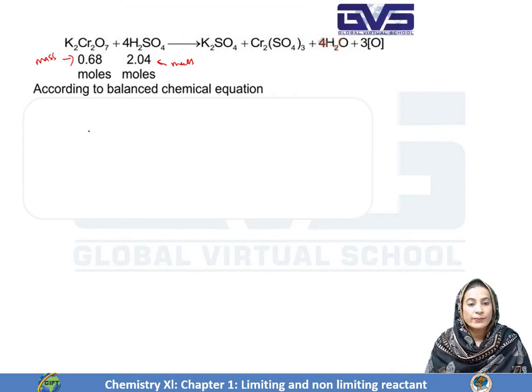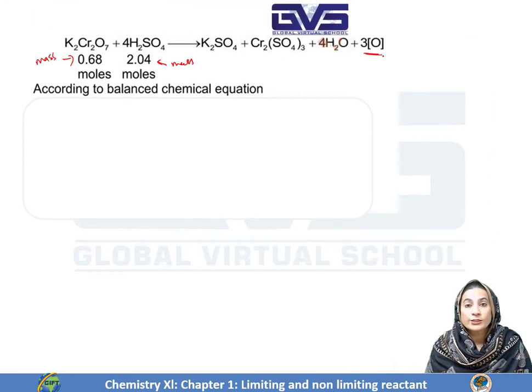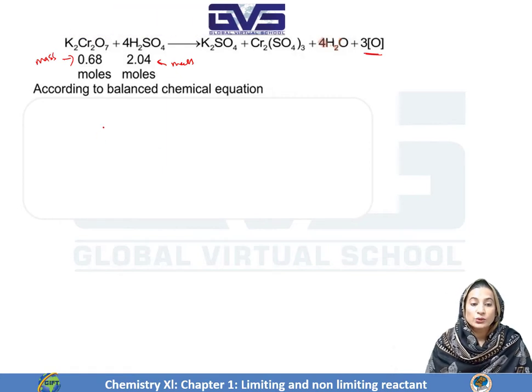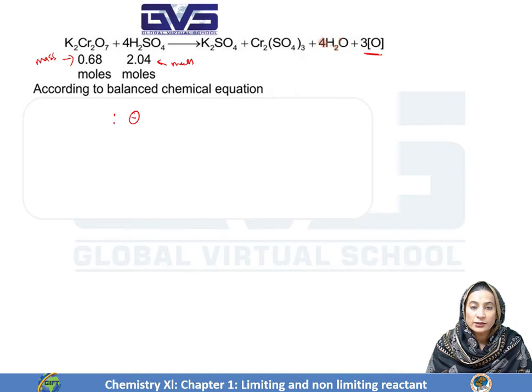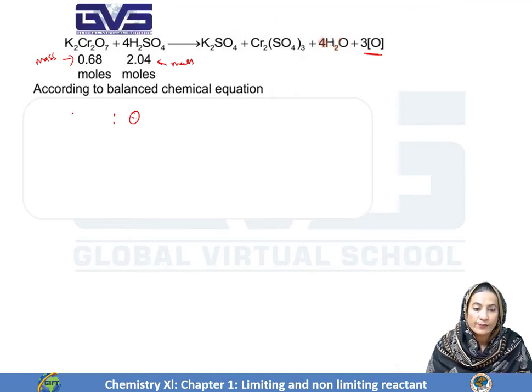This is very simple. You have to calculate the moles of product, that is oxygen, atomic oxygen. So you have to calculate the moles of this oxygen. Write this on your right side, and first with the help of the first reactant, that is